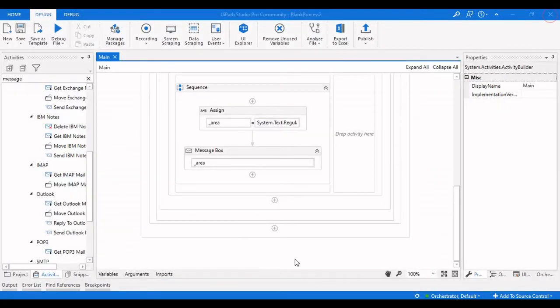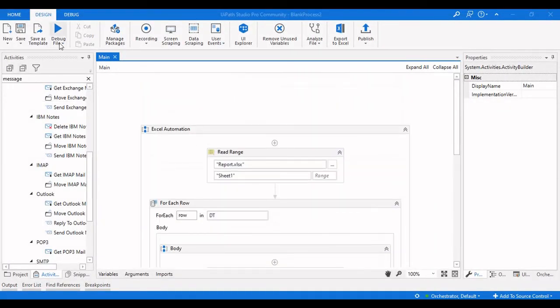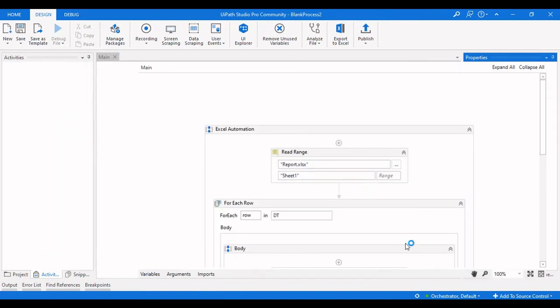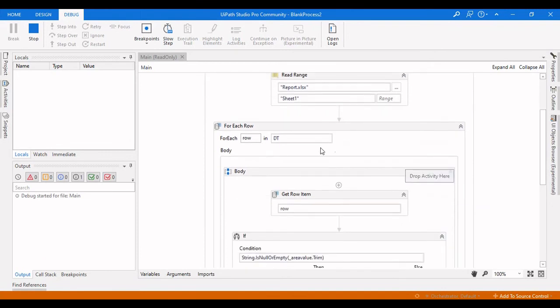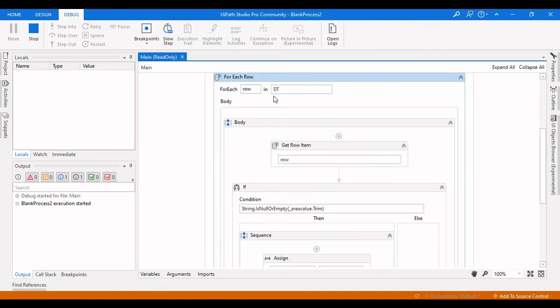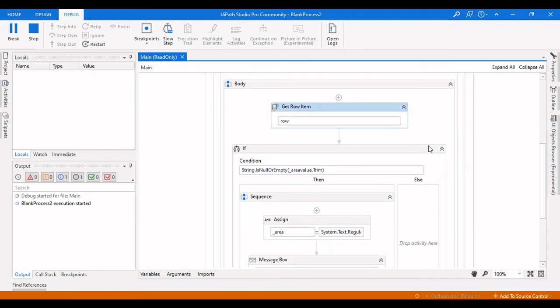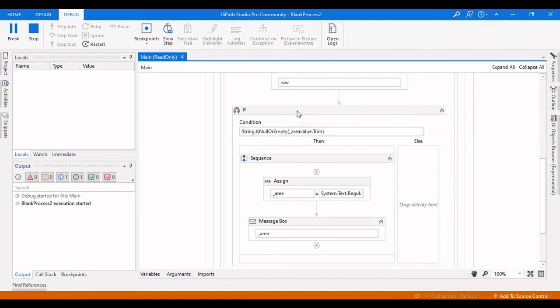So let us check whether it is working fine or not. Let me debug this one. First it will read the Excel file, and then it will give us the output of a data table, and then we are iterating this data table with a For Each Row, getting the row item of area, and we are also checking whether the item which we are getting as an output from the Get Row Item is null or empty.